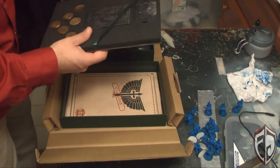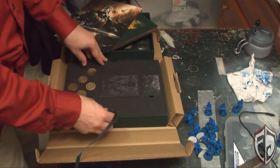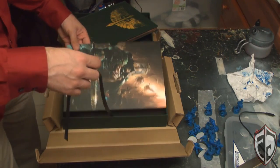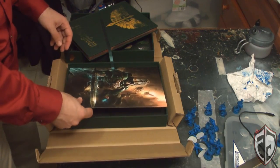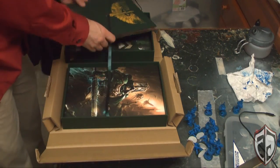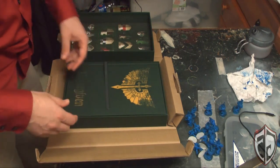Now, the big question that I think everyone is always wondering here is, was this a good buy? I'd say it was. A lot of the collector's editions are kind of crummy, in the sense like the Space Marine one. That was pretty awesome. You got an art book, you got a